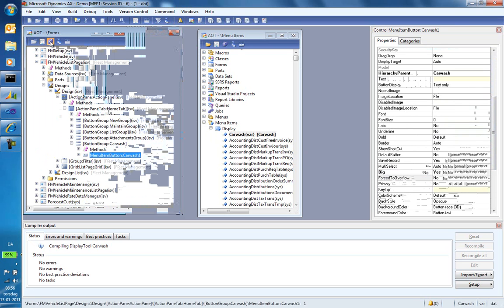And on the menu item button, let's set the property big to yes. Now I'll save this. Notice when I'm saving it that the button group and the button got bolded. That means they exist in my layer. And only those controls exist in my layer. So basically,